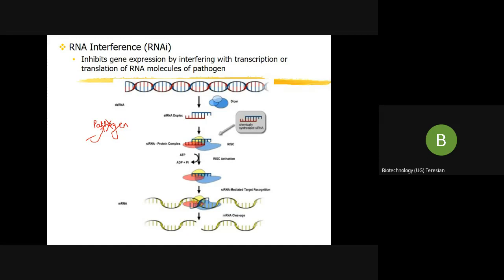How it is done: this particular pathway is found both in plants and animals, and it is initiated by an enzyme known as dicer. Here you can see this enzyme. You find RNAi in all plants and animals, and the most important enzyme is your dicer.